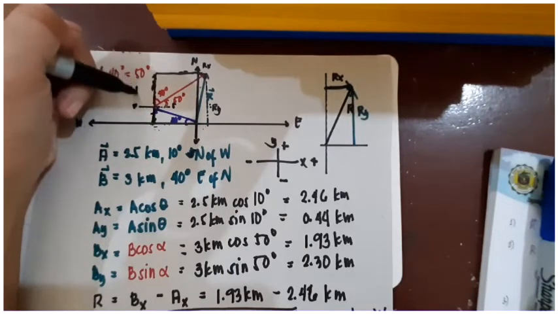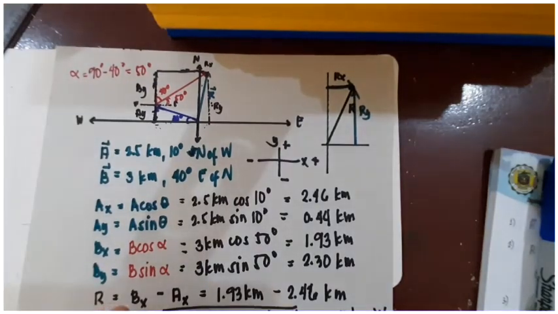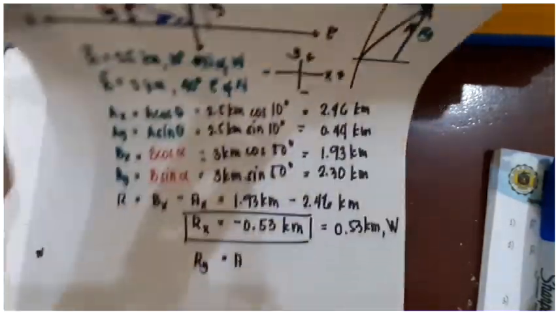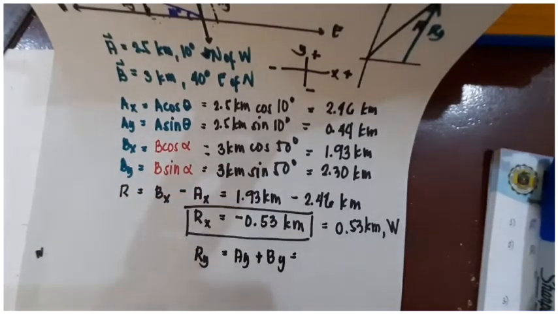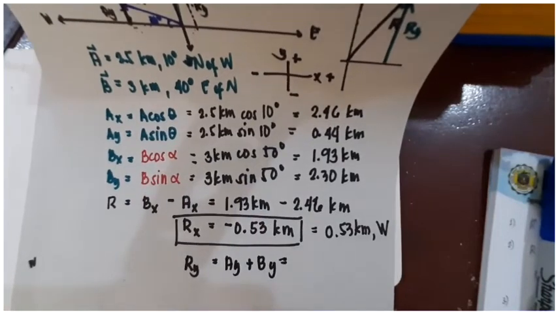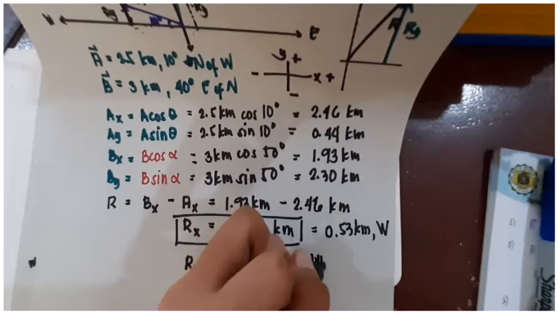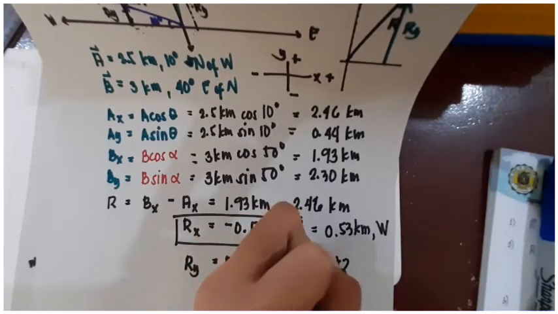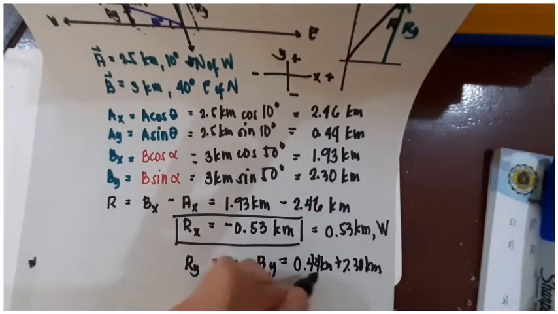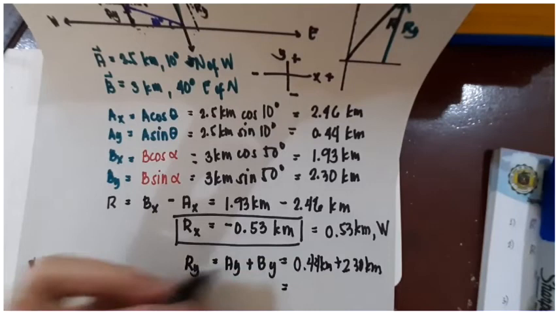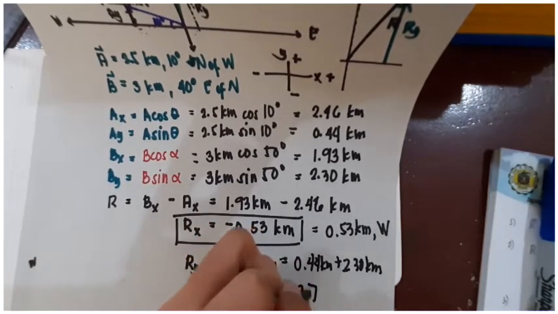Okay, so this is your by, this is your ay. Okay, so ay plus by, okay, that's 0.44 plus 2.30 km. Okay, you will get your Ry is now 2.74